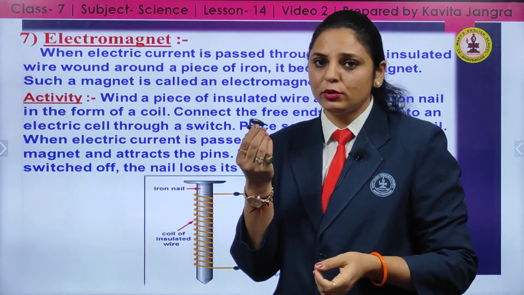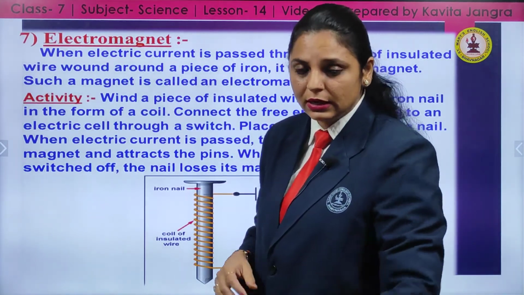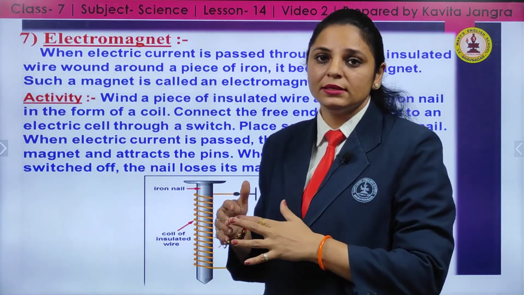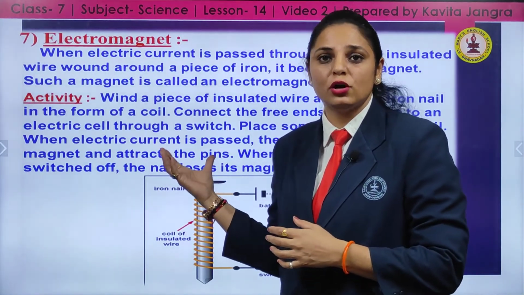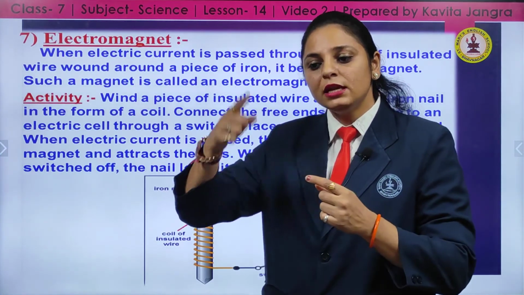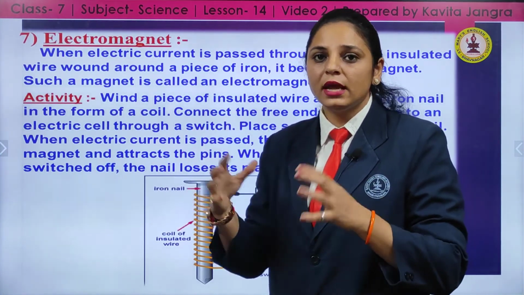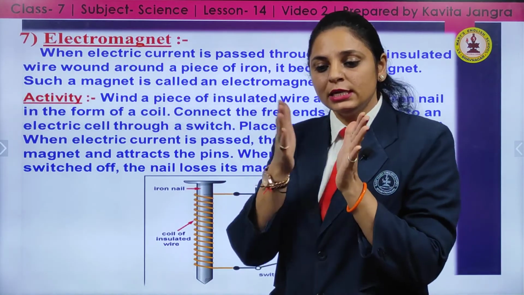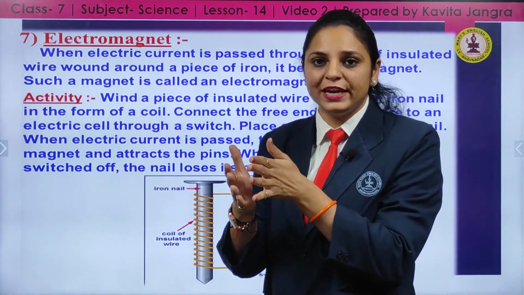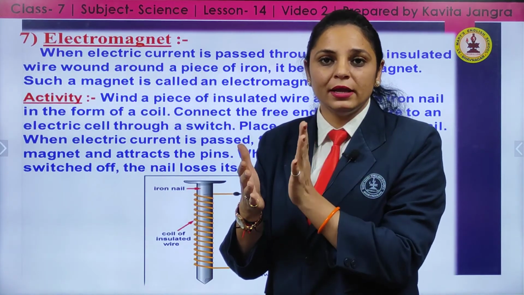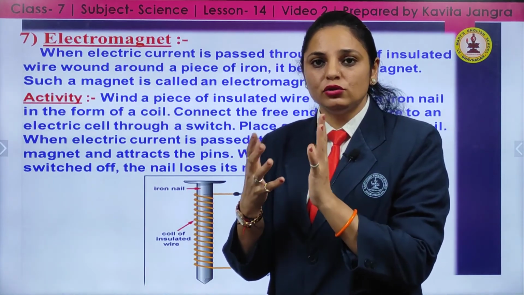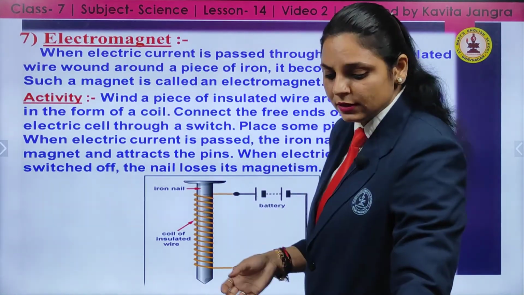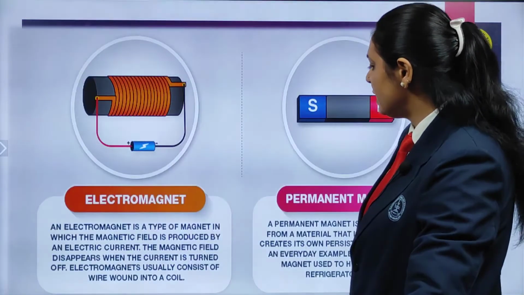A permanent magnet is going to attract towards another magnet. The thing is this, that you can increase the magnetic effect in the case of an electromagnet. If you increase the number of turns of the coil, then the magnetic effect is also increased. Secondly, if you increase the number of batteries or the source of electricity, if you increase the current, then also the magnetic effect is increased. So this is the benefit of electromagnet.